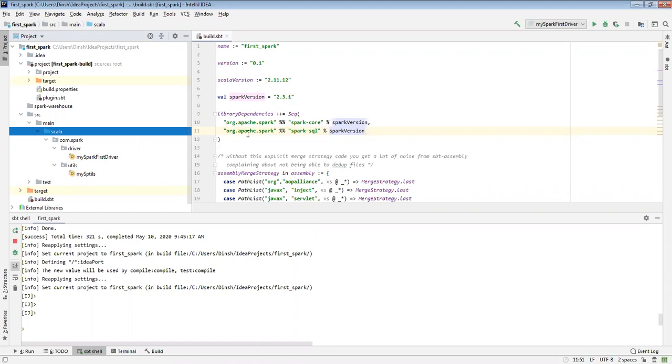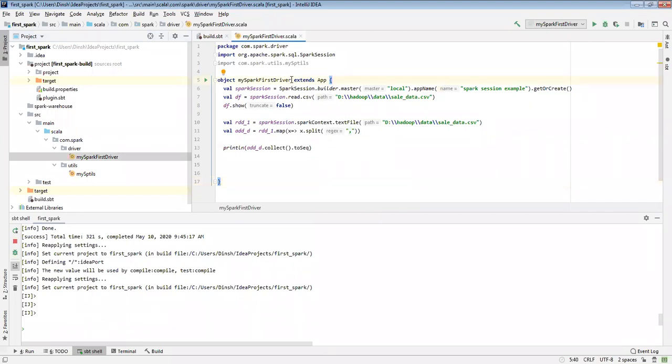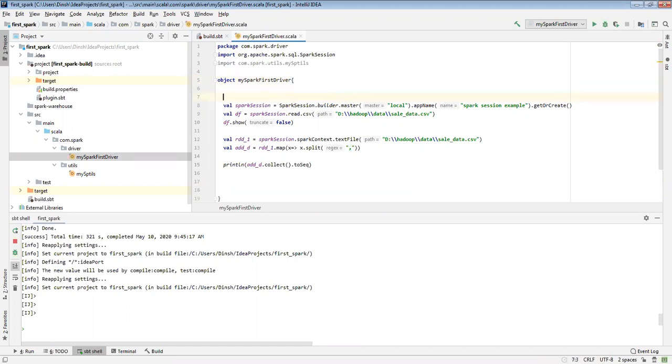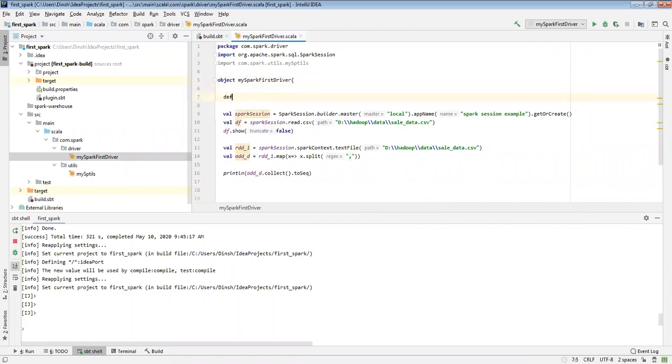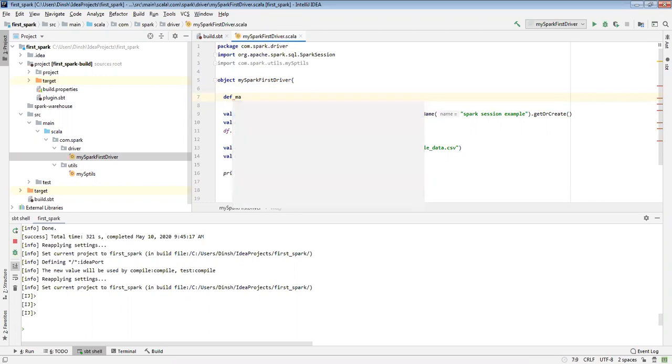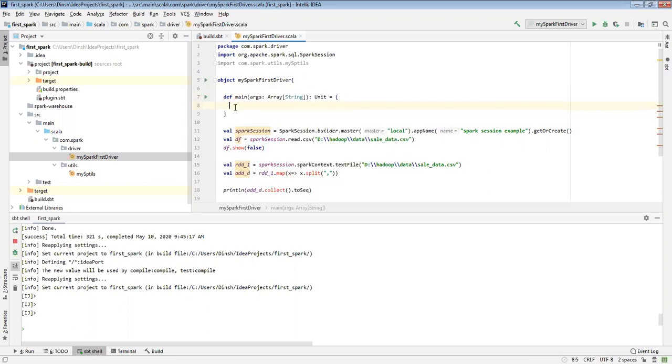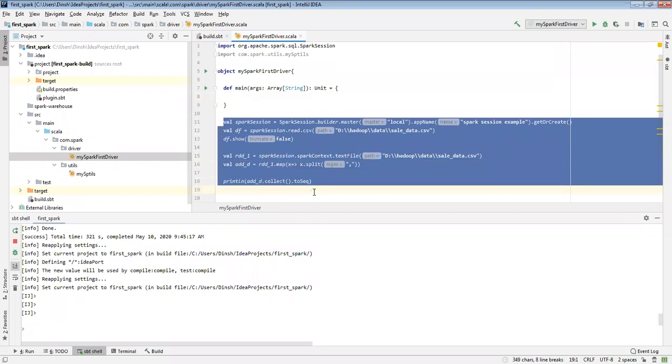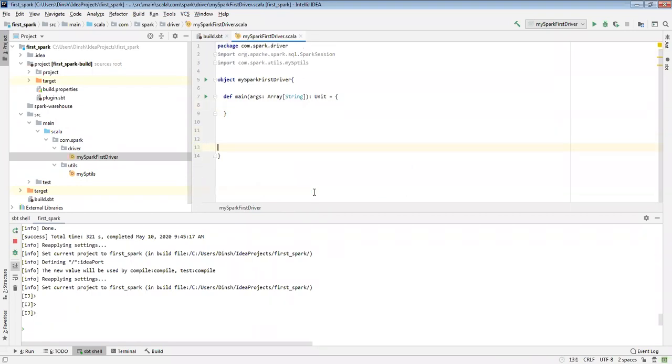So now I'm opening my project. It should not extend App. This is for running purposes only. In the original project, it should be the main class, and all your other code should be inside the main class.